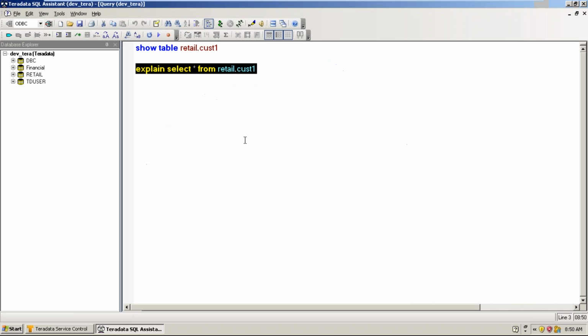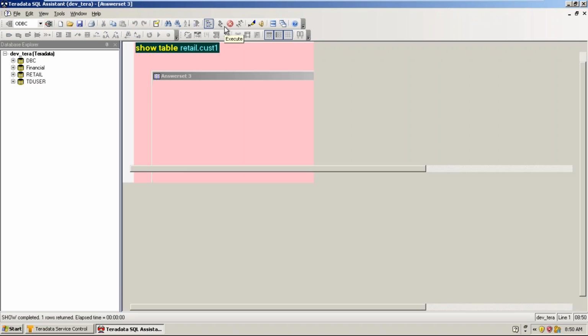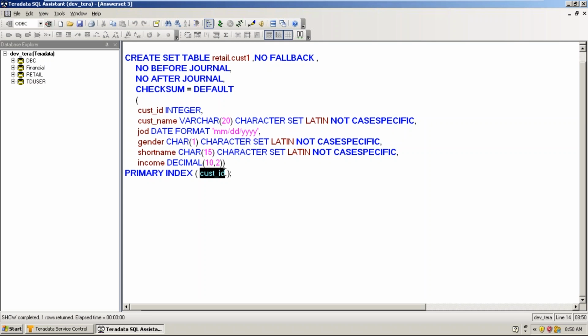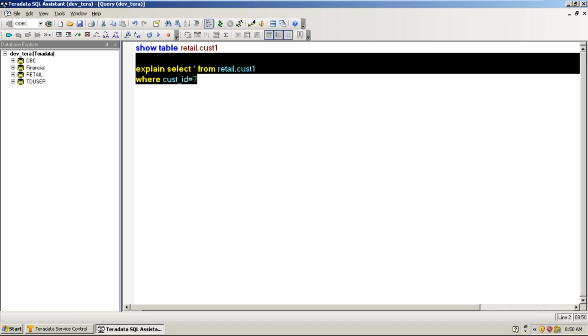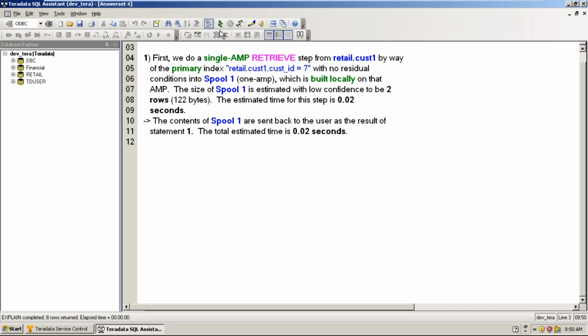Okay. Now let's see if I use my primary index. What is the primary index in this table? Customer ID. Let's suppose I use my primary index in the table with some value, and I want to see the explain plan, how the optimizer thinks to execute it.